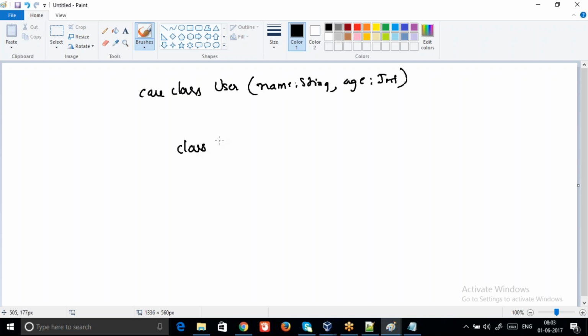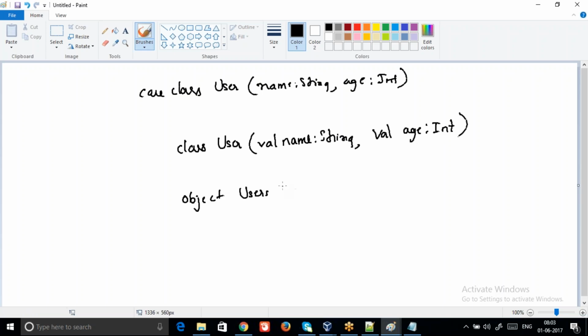There will be a class user which will be defined as val name string, val age int, and there will be an object created with the user, and inside that object there will be a defined apply method